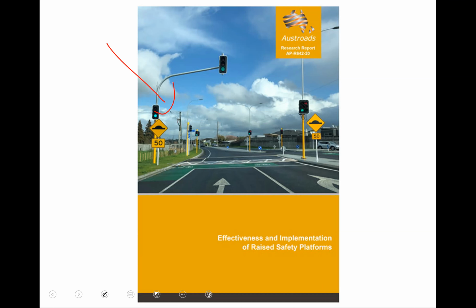I'll just jump in there from a personal perspective, because there's a raised safety platform at the end of my street, which I lobbied council for a little while, and I think we might have one of the people in this group. Anyway, there's less noise, Ken, because there are fewer crashes. Well, there you go. That's a pretty good one as well. And Benjamin's put in a bit about profile as well, and you're right, the profile of the ramp and the like can be less noisy. I always encourage people to try and get out and drive one of these if you possibly can.